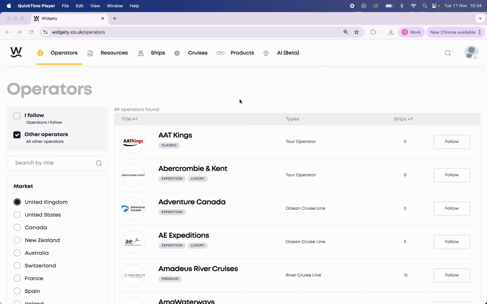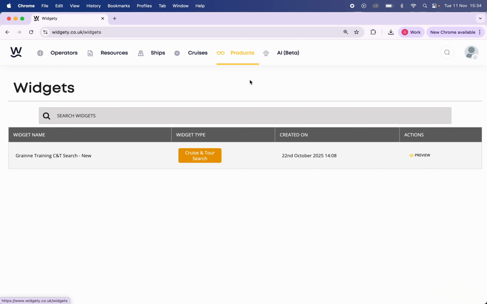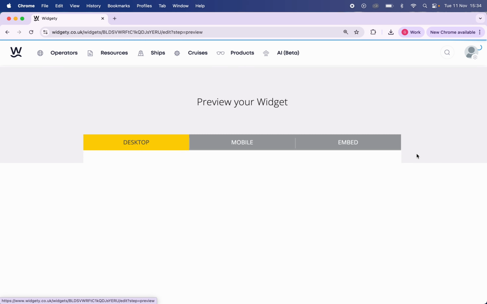In this video, we're going to look at how we can use the cruise and tour search and embeddable linking to create unique pages and URLs that highlight specific searches, such as Valentine's cruises. To do this, all we're going to do is log into Widget. It should open up on the operator page. Select products, your cruise and tour search, and then we're going to